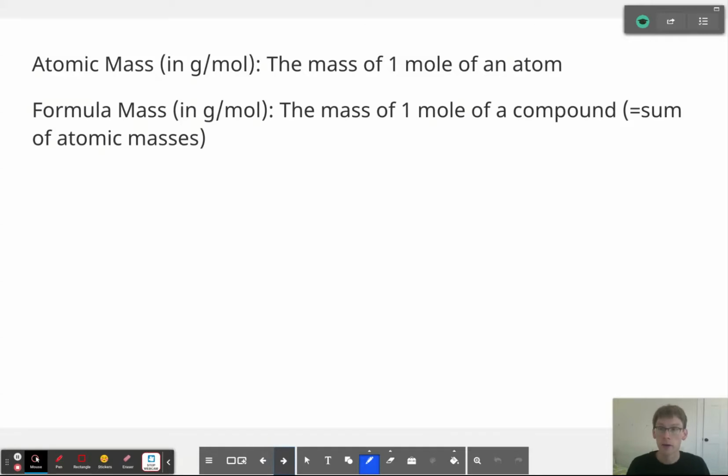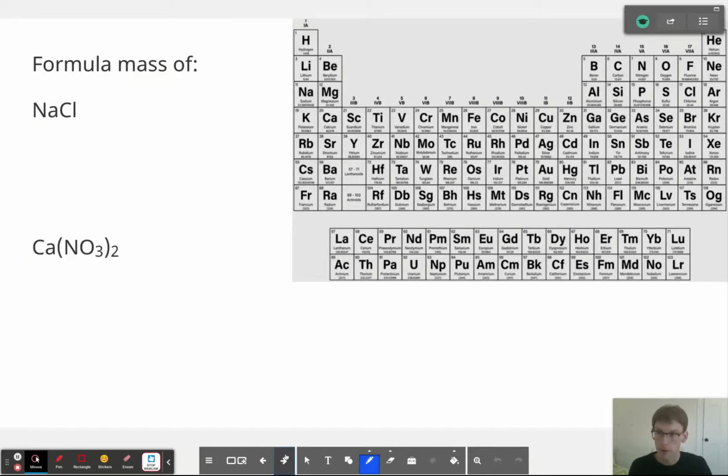Now, you're going to learn today about formula mass, which also can be expressed in grams per mole, but this is just the mass of a mole of a compound. It is the sum of all the atomic masses that make up a compound, and that's all there is to it. So if we're trying to find the formula mass of sodium chloride, all we'd have to do is look